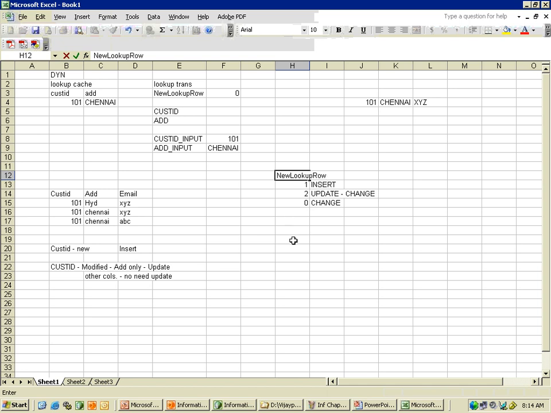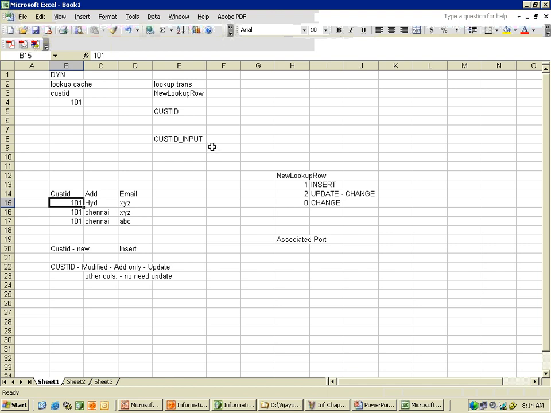Now there is another port called associated port. Let us go a step back and understand it. What is this associated port? I am removing all this. For example, we put only customer ID and customer ID input. Observe it. The first record comes in,